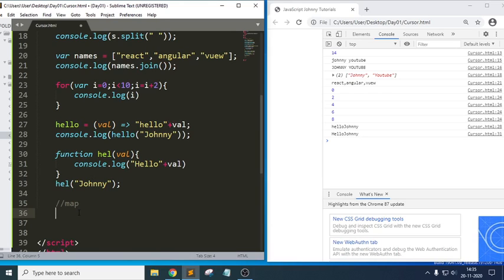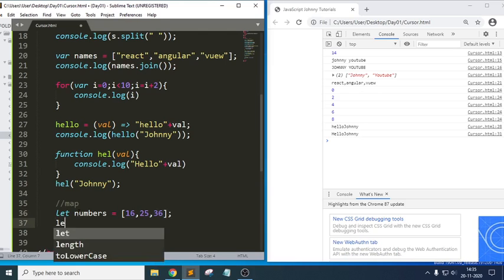Now I'm trying to use a map. Generally we use an array map in order to point out each and every value. If, for example, I have a collection of arrays like this. For example, see here, I have something like let numbers equals 16, 25, 36. I have three values here: 16, 25, 36. I just want to write results, numbers dot, it means I'm trying to access the array value,